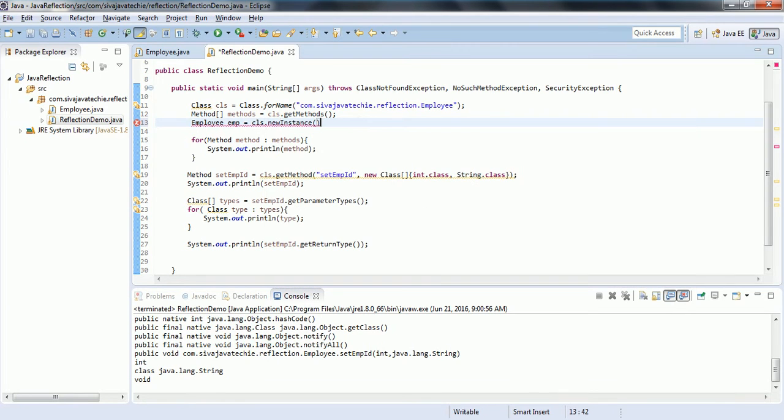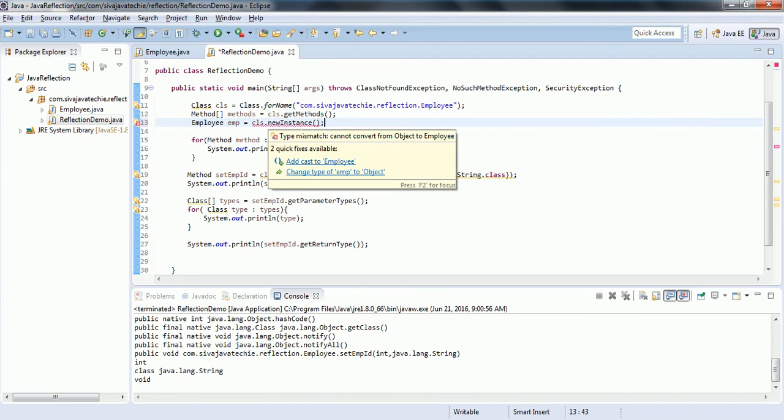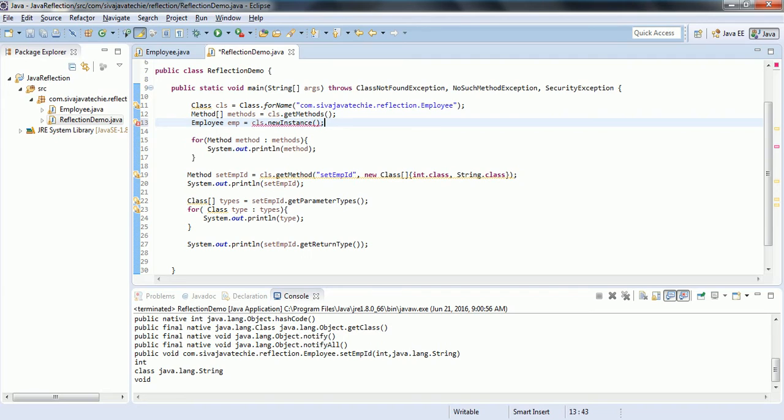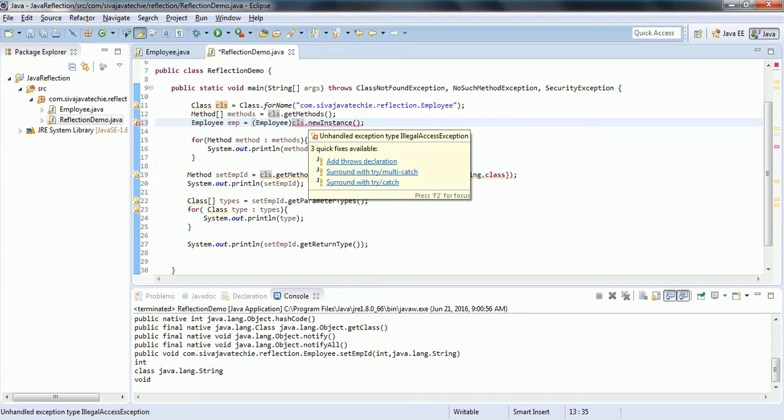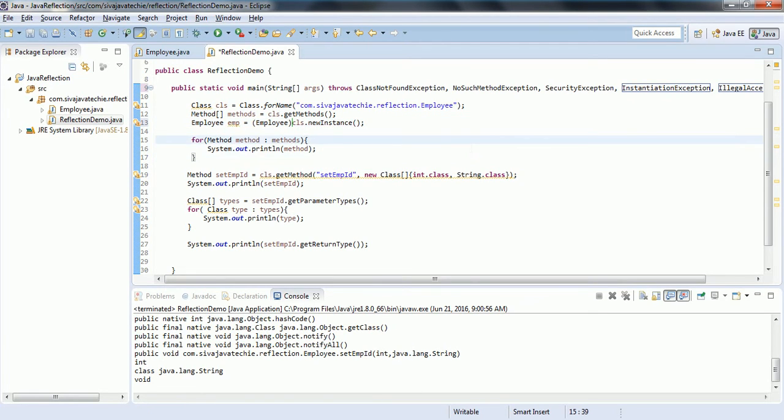First you need to create an instance of it. You can call this one an object, or even consider it employee. Okay, it is going to throw an illegal access exception, so let it be.